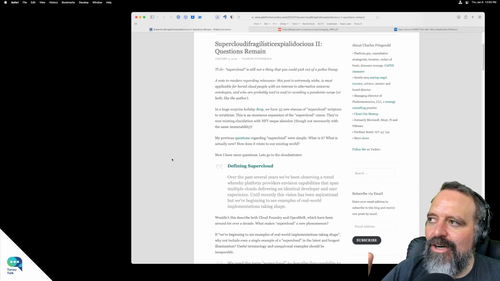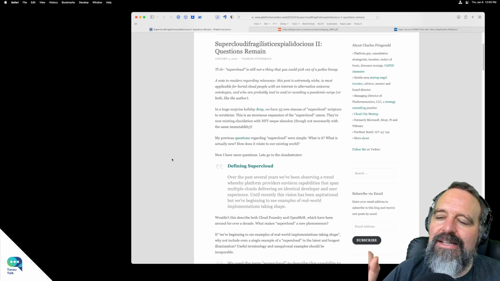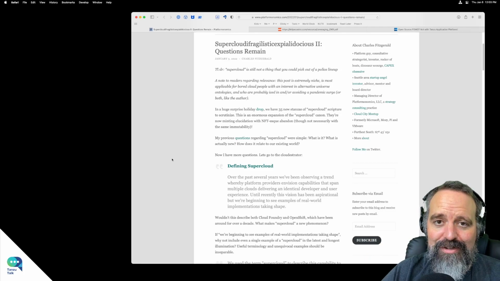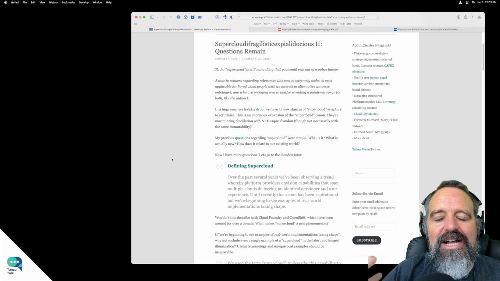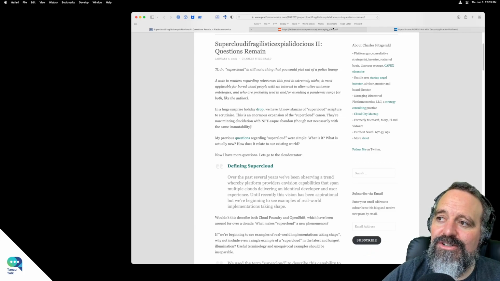And I'm always bemoaning that the term PaaS has fallen out of favor. But he all but makes the case that when we say multi-cloud for software developers, what we're really saying is platform as a service, a platform as a service that can run on multiple clouds, which I think is an interesting concept to sort out.